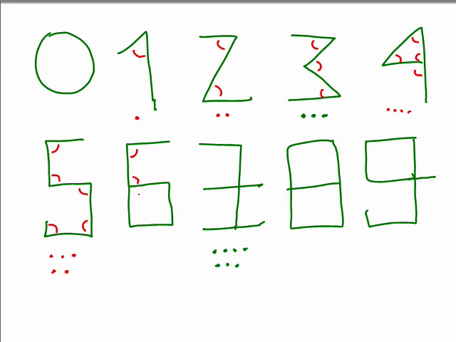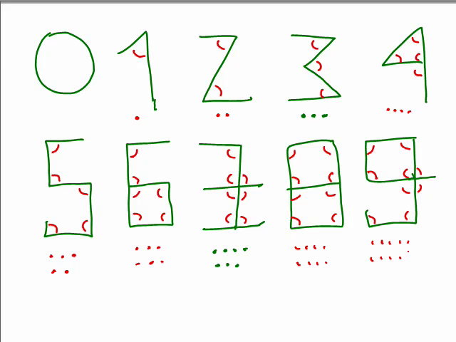6 had 6 angles. 7, 1, 2, 3, 4, 5, 6, 7 had 7 angles. 8 had 8 angles. And 9 had those 9 angles. So of course you did have to write them very specifically and make sure it had that many angles,